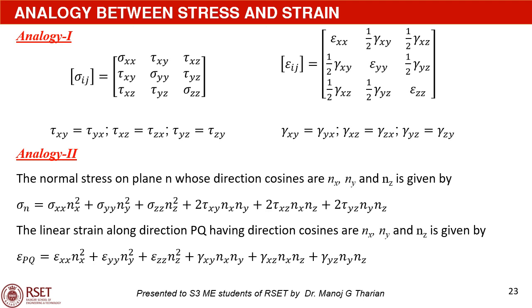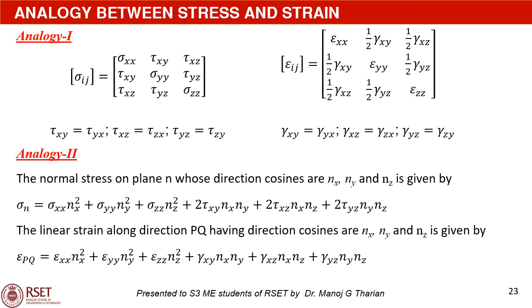Analogy 2: suppose the stress state or the stress tensor at a point P is given. The normal stress on plane n which passes through point P, whose direction cosines are nx, ny and nz, is given by this equation: sigma nn is equal to sigma xx nx square plus sigma yy ny square plus sigma zz nz square plus 2 tau xy into nx into ny plus 2 tau xz into nx into nz plus 2 tau yz into ny into nz. Analogous to this,